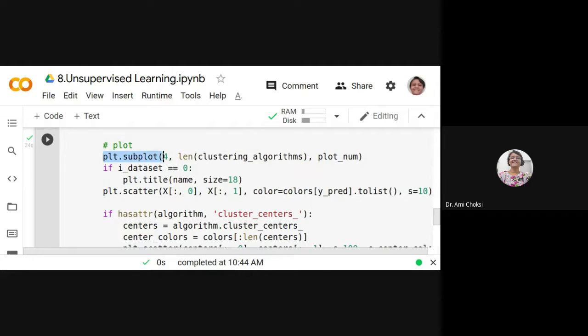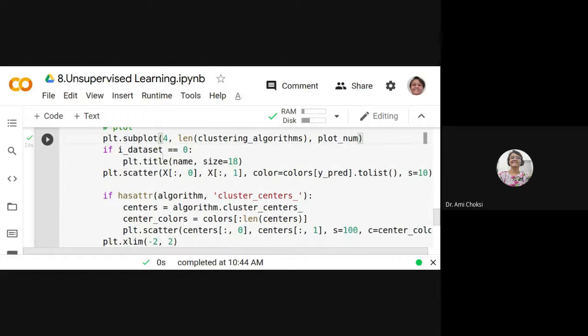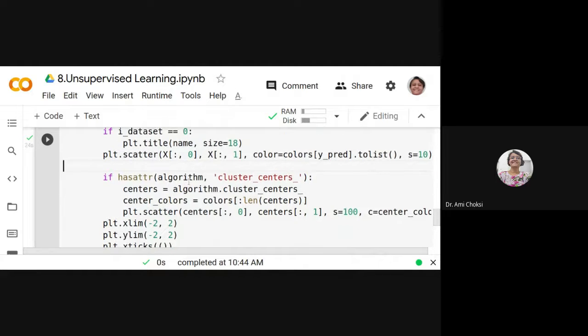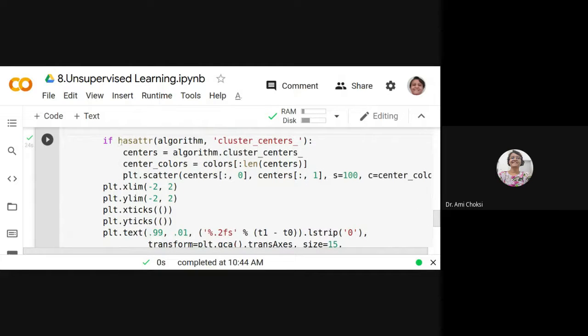Then we have the subplot, then we set the title of it, then we have the scatter plot, right? Now, if the algorithm has the attribute cluster centers, then we have the centers plotted.